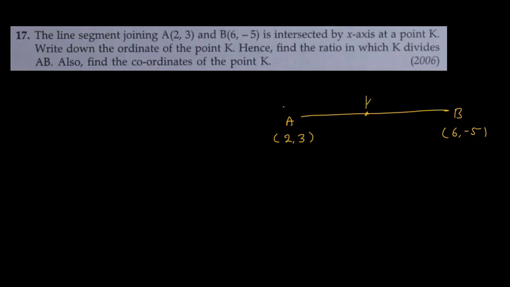So there is a point K which is on x-axis. So as it is on x-axis, its coordinate we can consider as a, 0. Write down the ordinate of point K. So ordinate of point K is 0. Hence find the ratio in which K divides AB. Now you have to find in which ratio this point K divides AB. So you can assume this as M1 ratio M2 or K ratio 1. Already this point is K, so don't take K. You can take any other alphabet. So you can say that in ratio M1 M2 you are dividing. And with the help of this 0 you can find out the value of M1 M2. And you can also find the value of A as we have done in question number 16, and thus you can solve this problem.